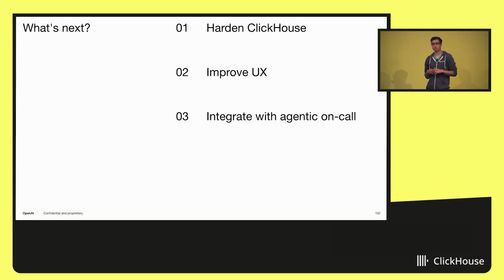I'd actually love to chat with folks if you have experience here and brainstorm how we can solve this at scale. We're constantly improving the UX and tools we provide in the observability stack, right? We want to build performance monitoring and other things for engineers to do their jobs even more effectively. And we want to integrate agents into our observability stack. Imagine agents being able to handle alerts or diagnose alerts before you even have to, right? So we're building all this, and ClickHouse enables us to do it.